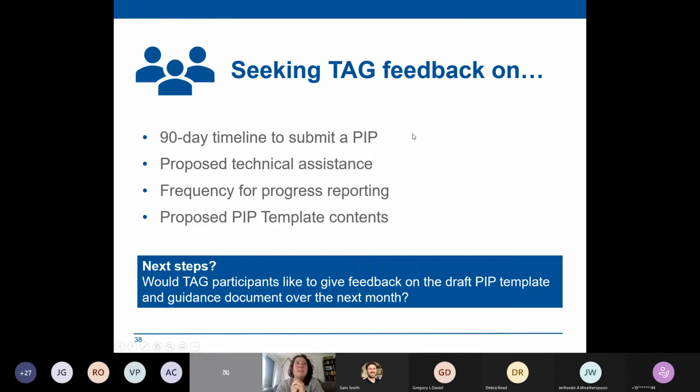But we don't want to set up a requirement that says you need to have a bunch of miscellaneous quality improvement activities, none of which are high cost, high volume, in a way that would really affect organization-level performance relative to the cost growth target. It doesn't mean those aren't valuable initiatives, or that there's not great quality improvement work happening. I don't know that that's what we would want to pull into the PIP as the focus, because the PIP is really supposed to be focused on the most critical thing an organization could be doing to help meet the cost growth target in the next cycle. But I don't know, help me think through this.